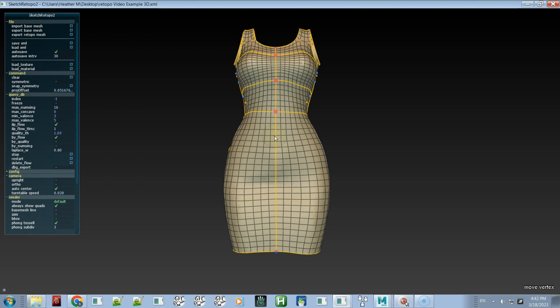So that was my response. It was a good question. It's like, why aren't you using the retopology tools in Marvelous Designer? It's a very honest question, and it was a very good question. And like I said, some people don't have Marvelous Designer 12, and some people need to retopologize things other than Marvelous Designer. And so SketchRetopo being such a wonderful tool to retopologize with,